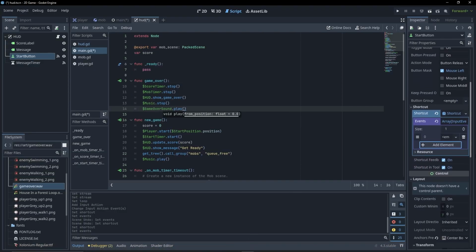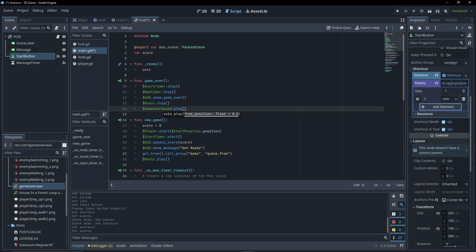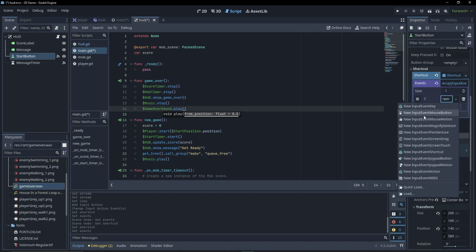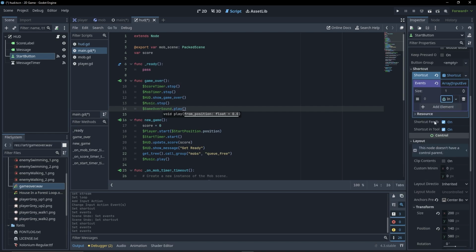Yeah, let's bring this down. Right here. Let's do input, new input event action right here at the bottom. And then we'll say,